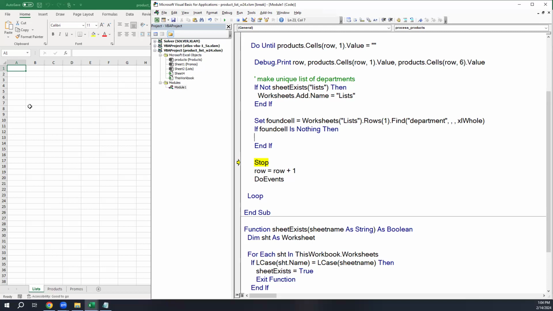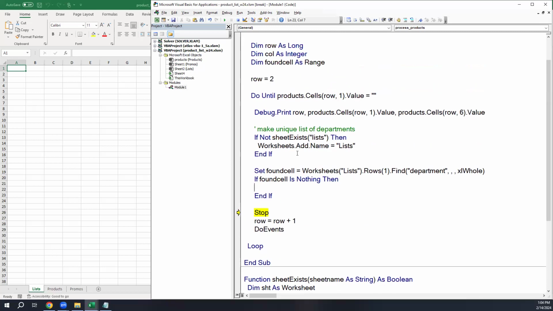Whew. Well, we're doing a lot of great things in this example. Okay, oh yeah, I already made a variable for this, col. So let's figure out what column we're going to use. If found cell is Nothing, we need to add a column that has that value. So let's say col equals,